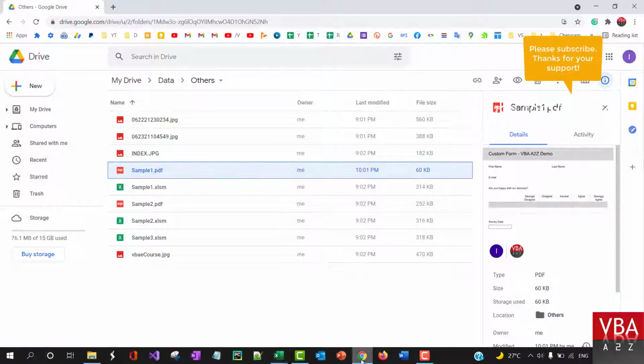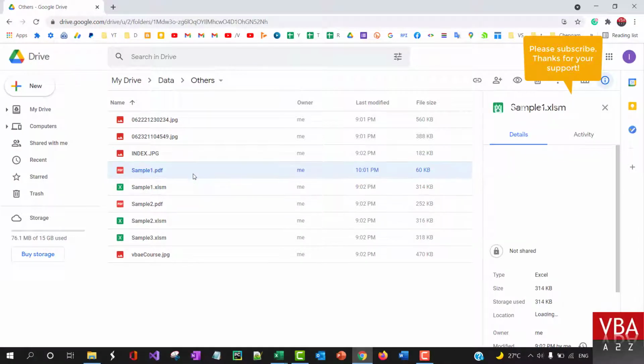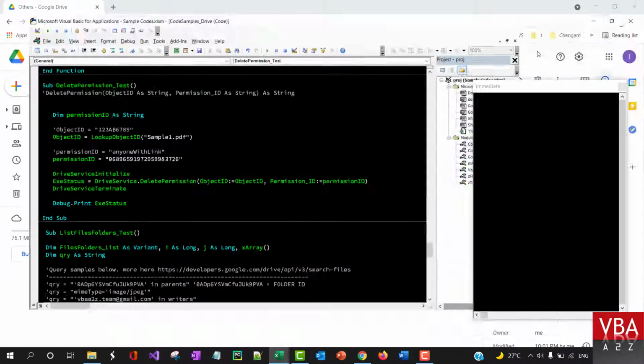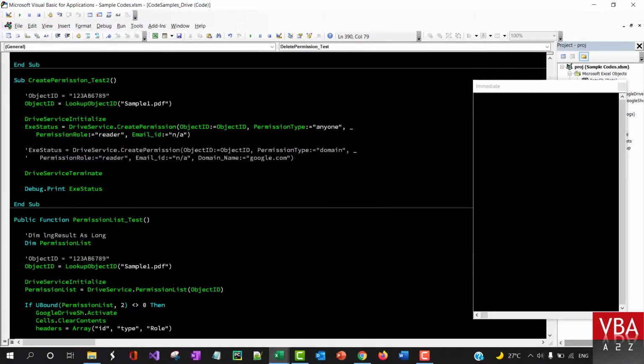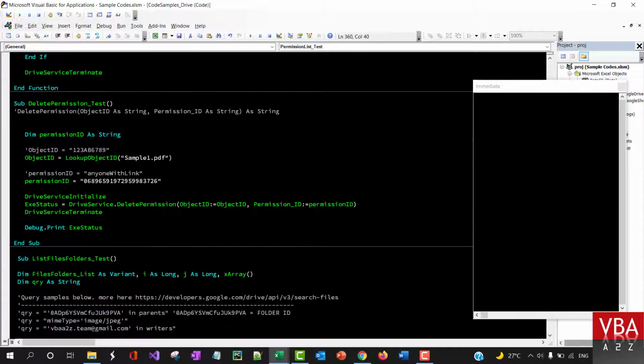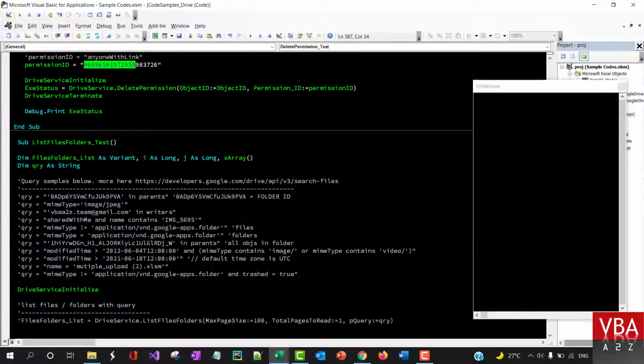Okay, this does not return the data. So if we click here, at the moment it says not shared. Okay, so that is pretty much from the permissions. You can use this to create permissions, list all the permissions associated with the file, and also to delete the permission. Now,